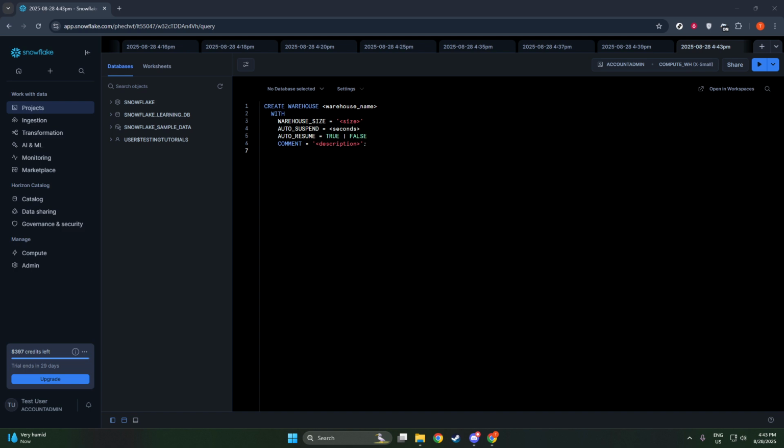Next, you will define various properties of the warehouse, starting with the warehouse size. In Snowflake, the size can vary from X small to 6X large. The decision here depends on the level of computational resources you anticipate needing. If you're just getting started or running smaller queries, an X small or small size might suffice. However, for more demanding workloads, you might consider scaling up. Remember, you can always adjust the warehouse size later, so don't worry too much if you're unsure about the right